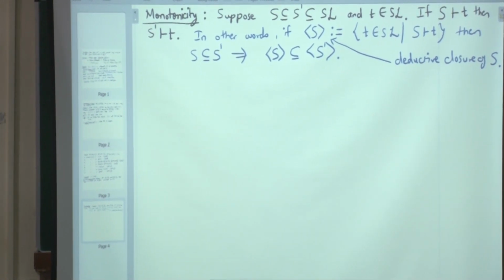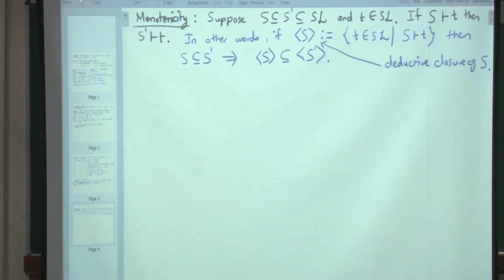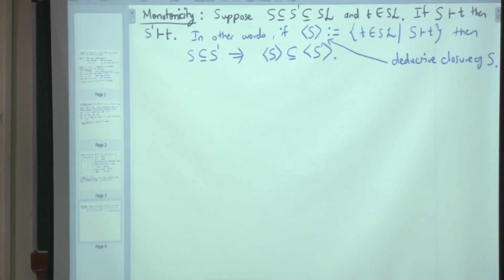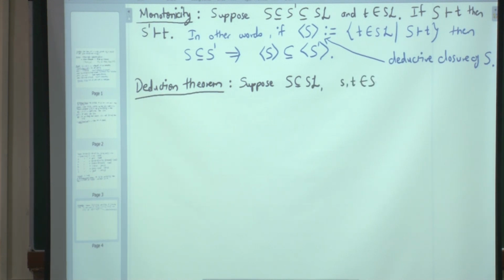Okay, now we will start with the proof of a next important result, and that's why I am calling it a theorem. It's called the deduction theorem. So suppose, we have already seen the semantic version of this. Suppose S is a subset of SL, and s and T are elements of SL. Then